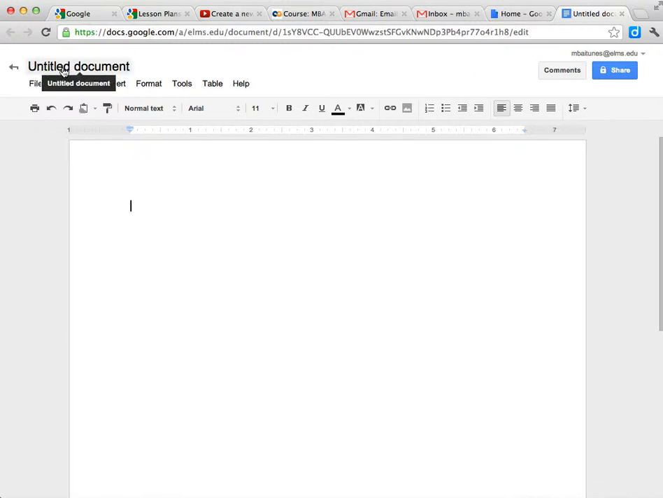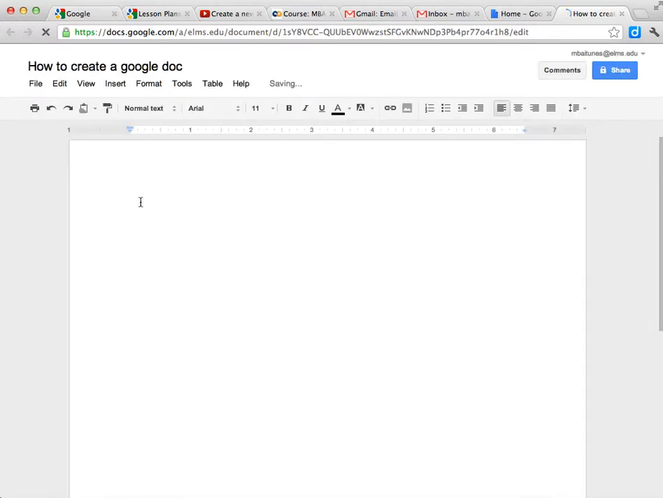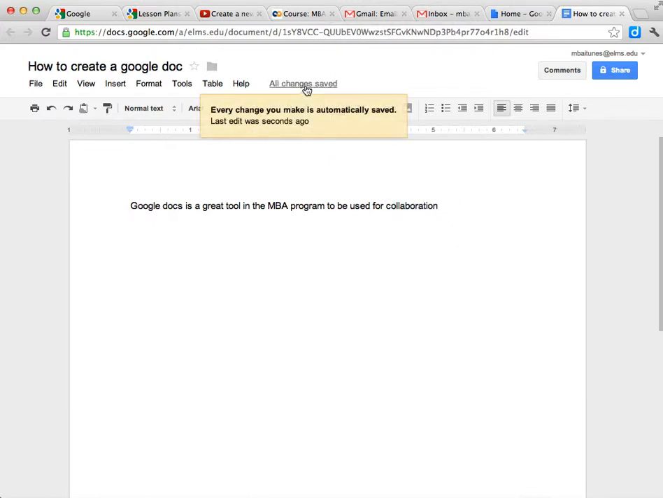You'll notice that it comes in untitled, so we'll want to title this. So I'm going to call this How to Create a Google Doc. We could change it later. Google Docs is a great tool in the MBA program to be used for... I did not spell that right, so it works the same as it would have. You can see that it says saving, all changes have been saved. It automatically saves everything and keeps everything up to date. Google Docs is a great tool to be used in the MBA program for collaboration. It allows all